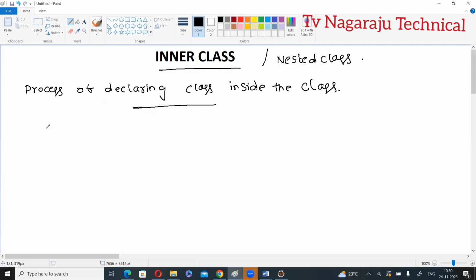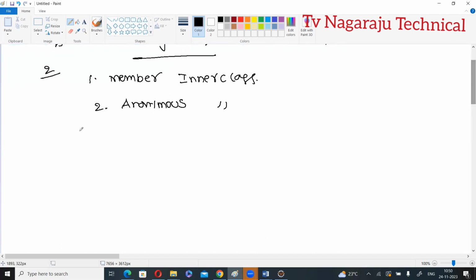In Java, the inner classes are categorized into two types. One is member inner class. The second one is anonymous inner class. Member inner class, anonymous inner class. Now in this session, we will discuss